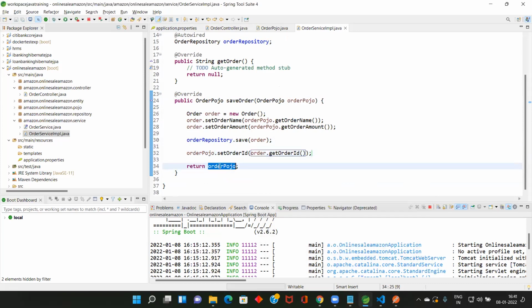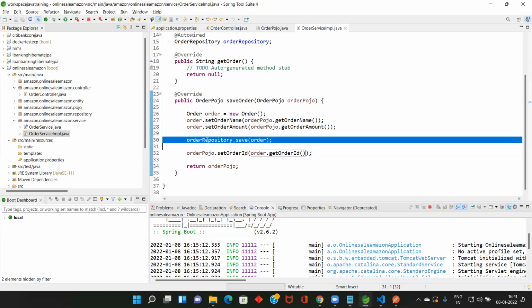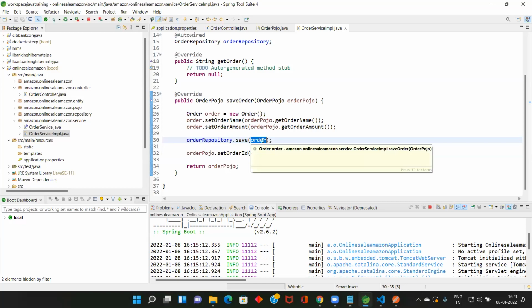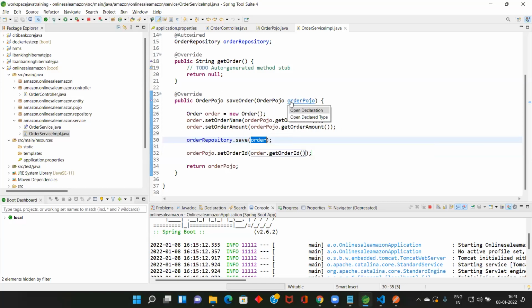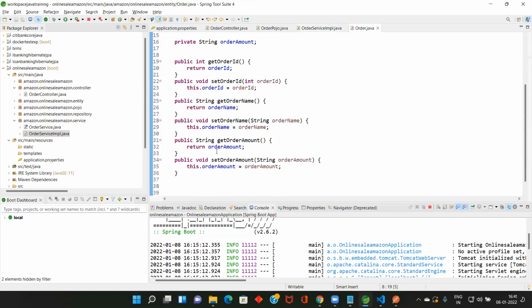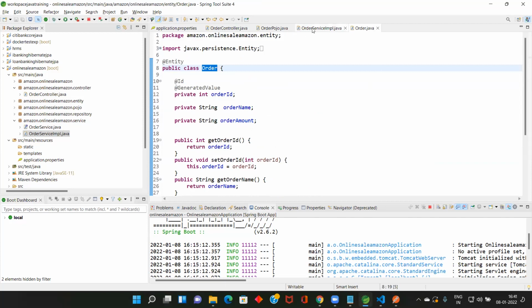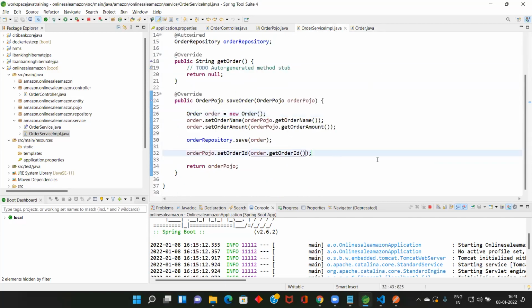After that, I am returning. So when it is coming, you are having only order name and amount. After this line, order will have an ID because we are using this JPA repository, it will save to your database, and at that time the order ID will be created. This one is Hibernate JPA, so it will create. So now all the things are done.